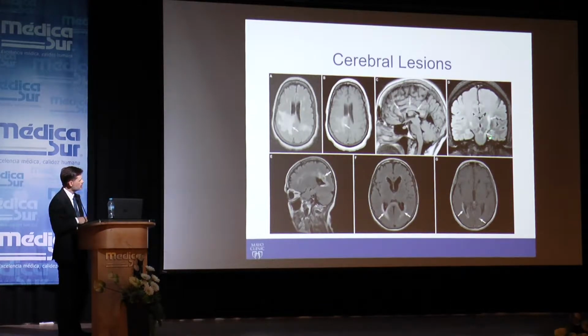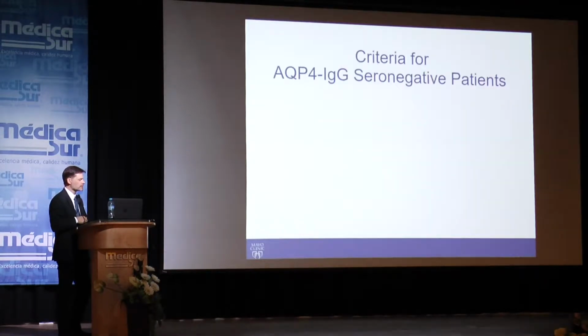Here's a long lesion involving the corticospinal tract, and here are periependymal lesions in the brain on FLAIR imaging and T1 gadolinium-enhanced imaging. So just like in the brainstem, you can see periependymal lesions in the brain. Detection of these patterns is very, very helpful, and in some cases, especially brainstem and brain, necessary to support the diagnosis. What about so-called seronegative NMO?